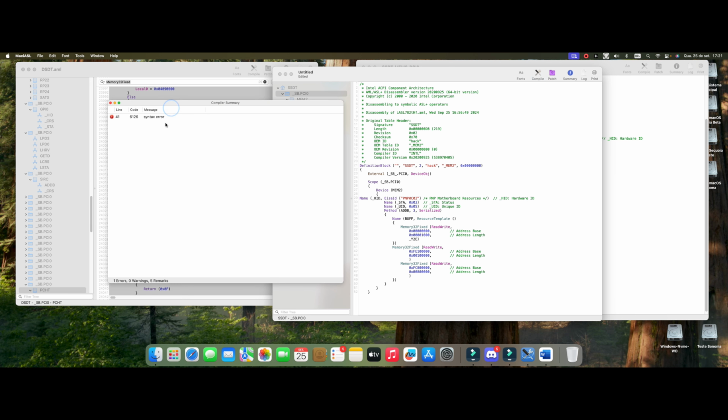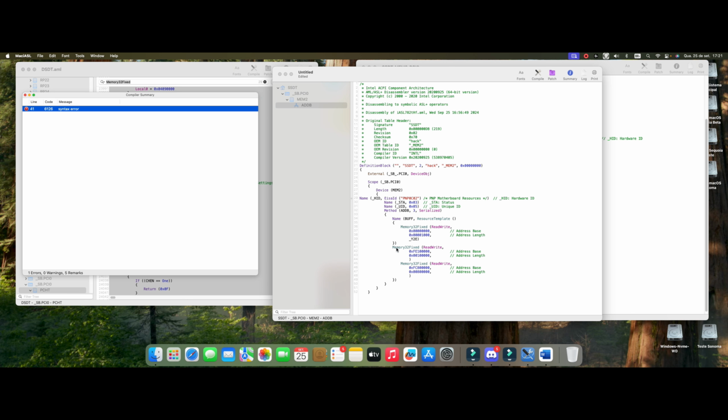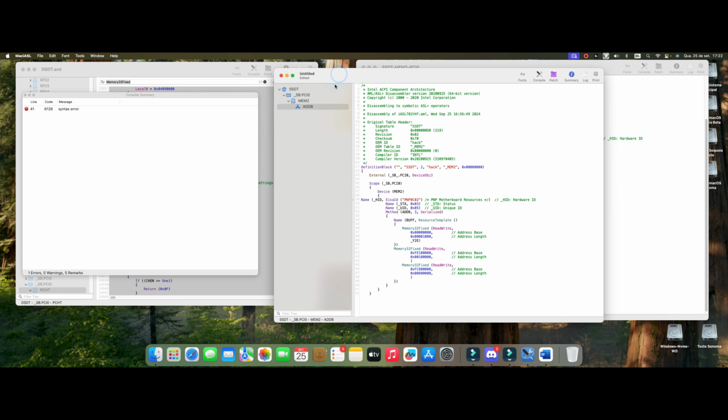Come on, he made a syntax error here. He's pointing to me in this closure here. Okay then, let me just take a look here. If you need to take something away, I will take it away from here, according to the other videos that I have explained to you, so that you can start to understand how MaciASL works, okay?